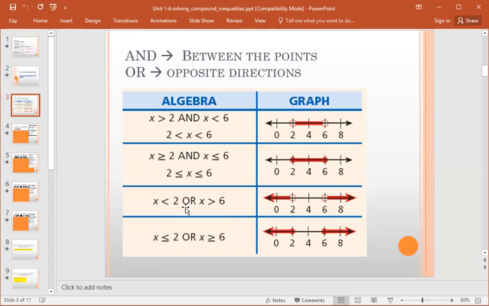Okay, on example 3, notice that the "and" has changed to "or." In "or," the graph will go in opposite directions. I could be in one area or the other. So 2, once again, is an open circle, and x is less than 2, so the arrow points to the left. 6 is an open circle. x is greater than 6, so we shade to the right. I could, for my solution, be either in this left shaded region